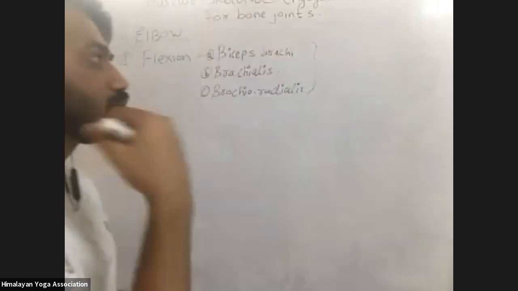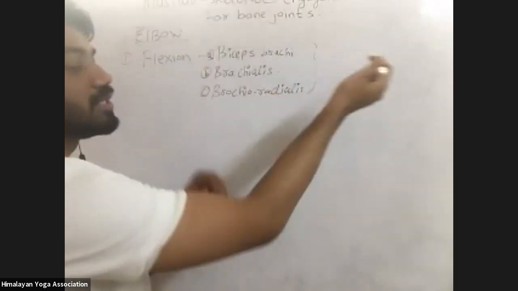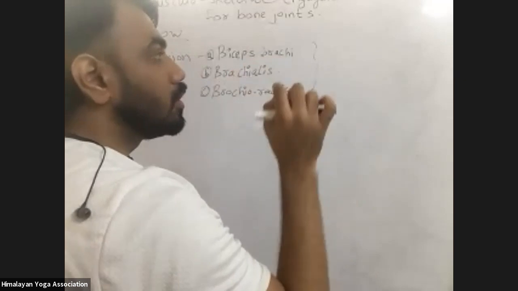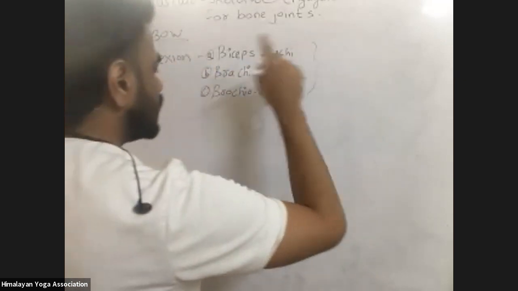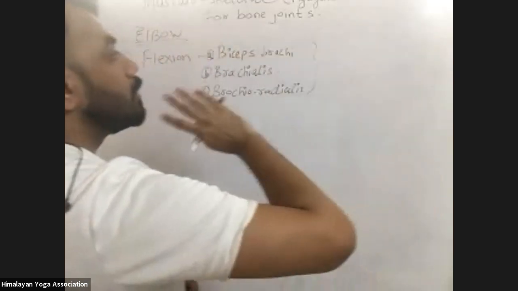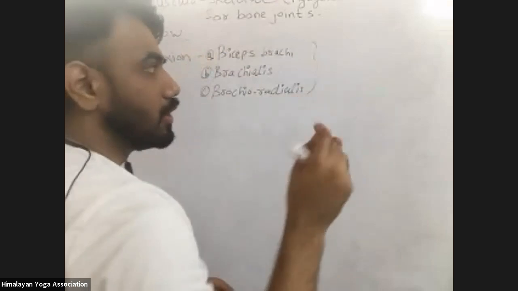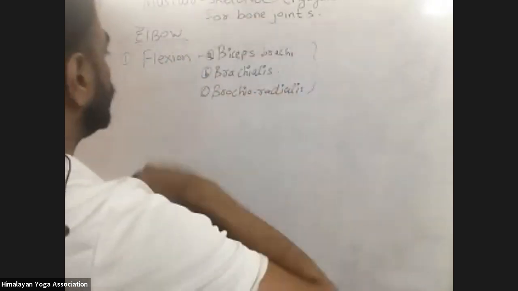Our biceps gets contracting. Where it ends, radius. So this is the movement. Where it ends, that part we have to move, not the part where it originates. The part where it originates is stationary. Always remember, origin has nothing to do with the contraction. Only where it ends, that will help for the movement.